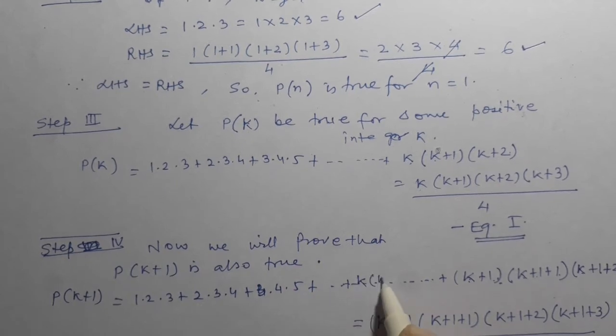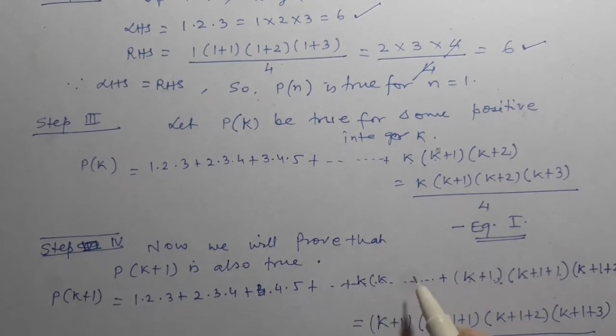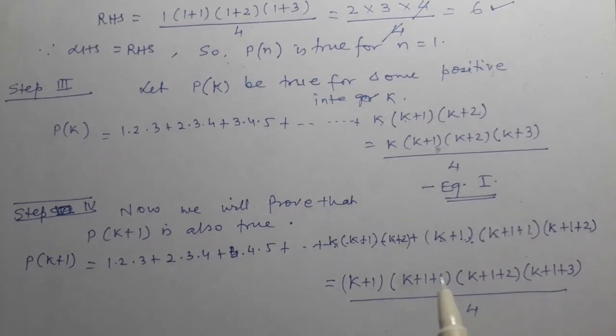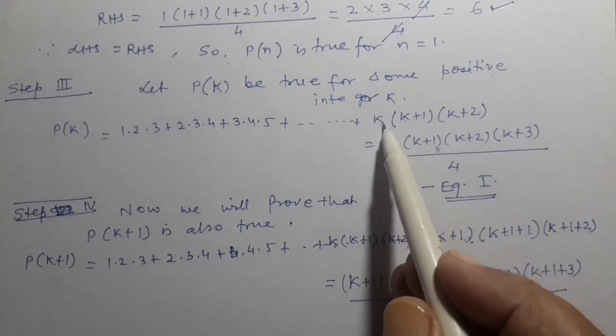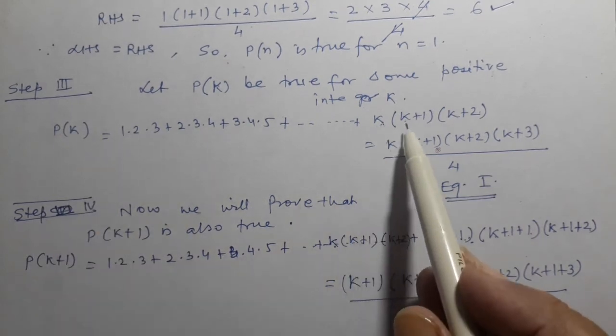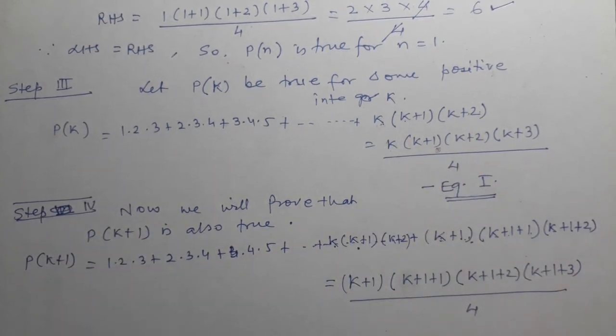So it will be k, k plus 1, k plus 2, right? Because it is k plus 1, so it is k, it is k plus 2, so it is k plus 1, it is k plus 3, so it is k plus 2. If you are not able to think about this, we can directly put this k of the third step, k plus last term, we shall put here. Okay, so now it will be 1.2